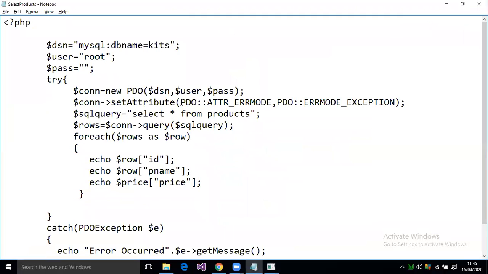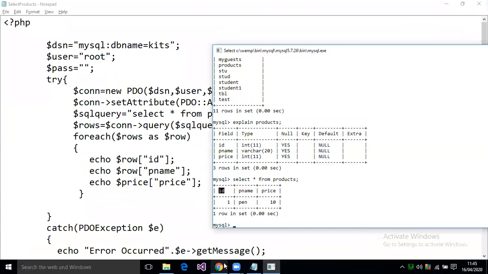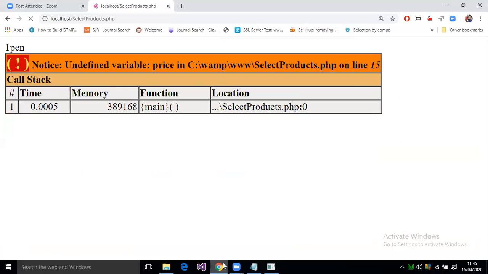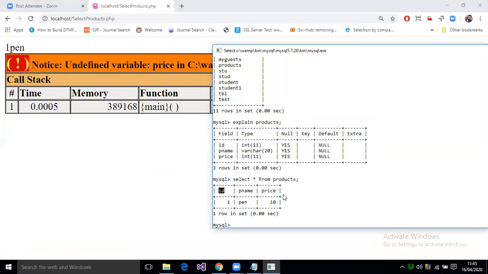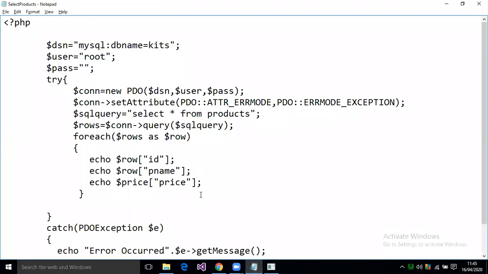So no need of any post data for me. Now, undefined variable price. This is not price, this is row.